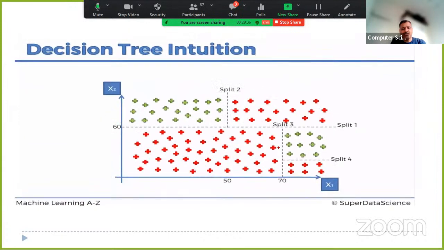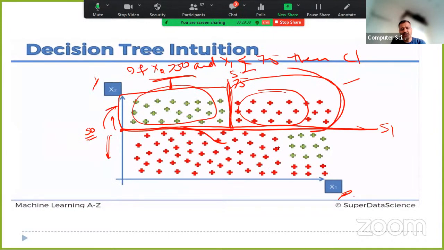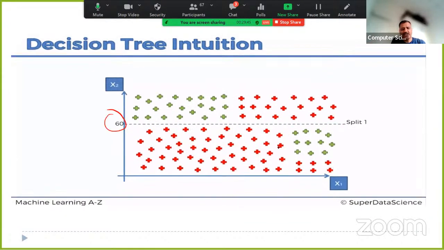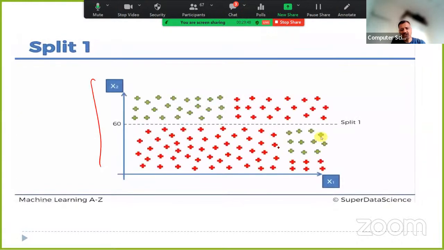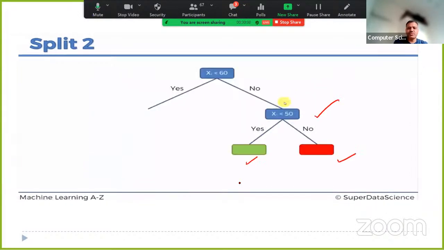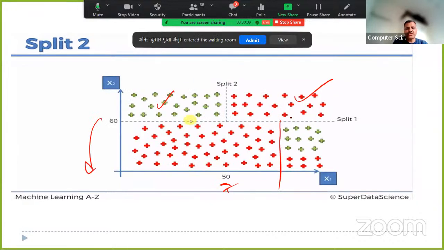So again, I am repeating this concept. So we have this data set originally, and I want to divide this. So we have to perform multiple splits. So as I have mentioned, first split will be on the basis of x2. So this is the if condition for that. But if the value is more than 60, then we have to break another case on 50. So if it is more than 60, then I am breaking it on the value of x1 50, and I am getting two classes for this. But if the value is less than 60,